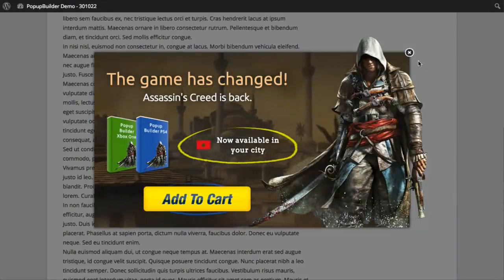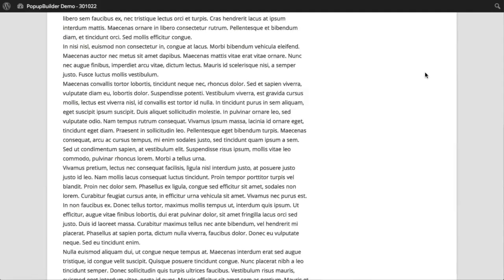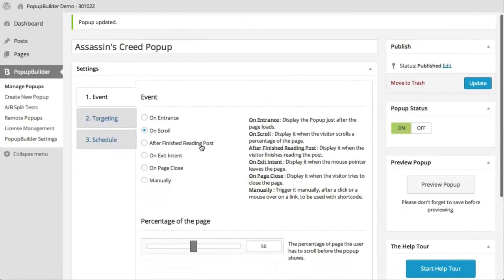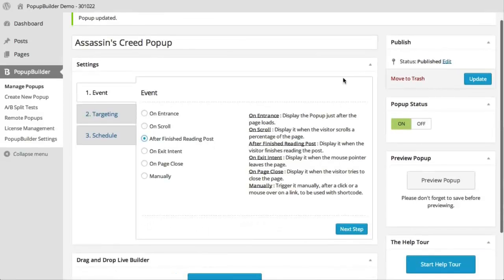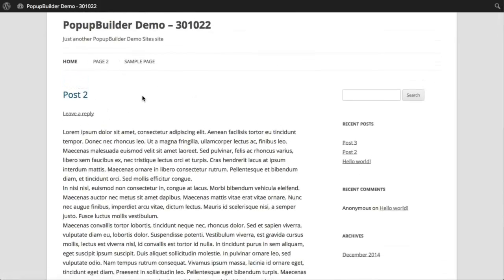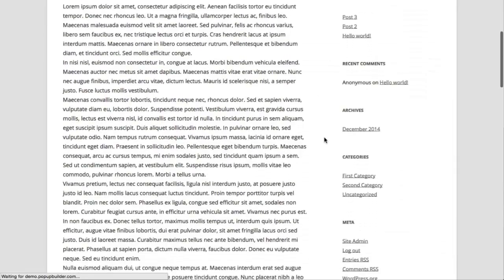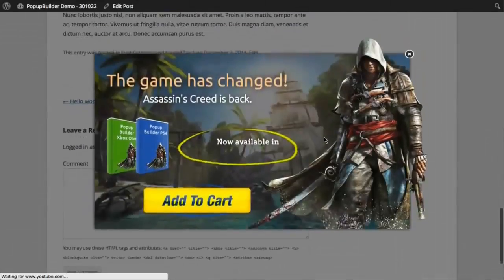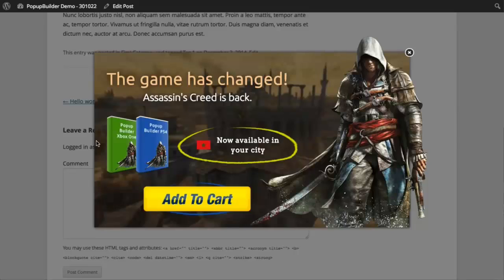Let's get back and change the event, and now we're going to set our pop-ups to be shown after the user has finished reading an article on our website. Okay? I'll update, and I'll go to my website, and I'll access one of these posts here. Okay, so I'll start reading and scrolling down, reading, and once I reach the end of the article, the pop-up